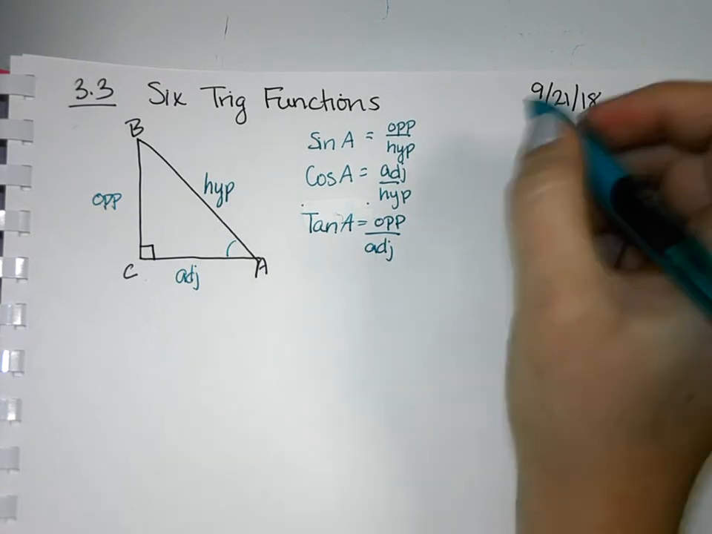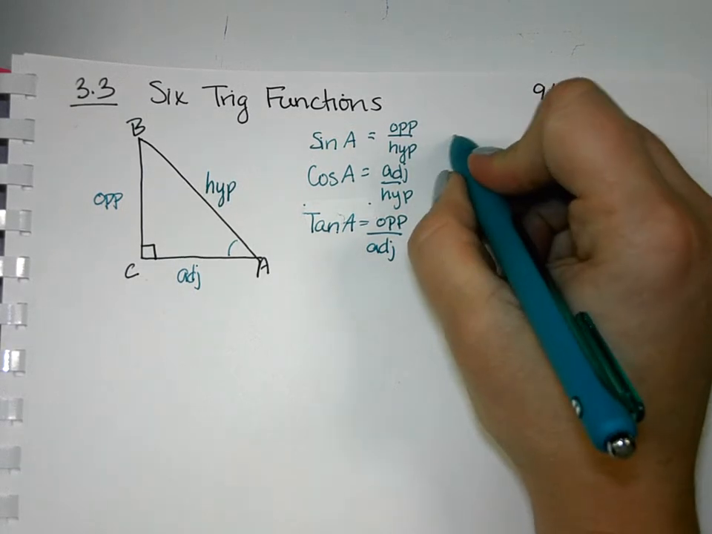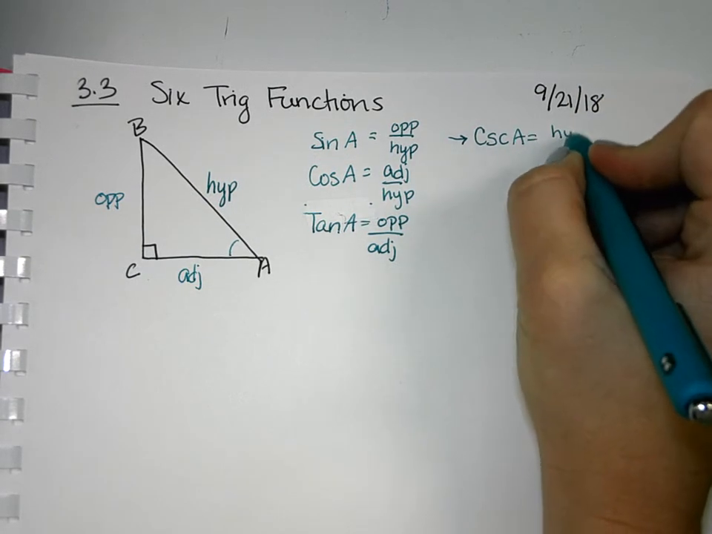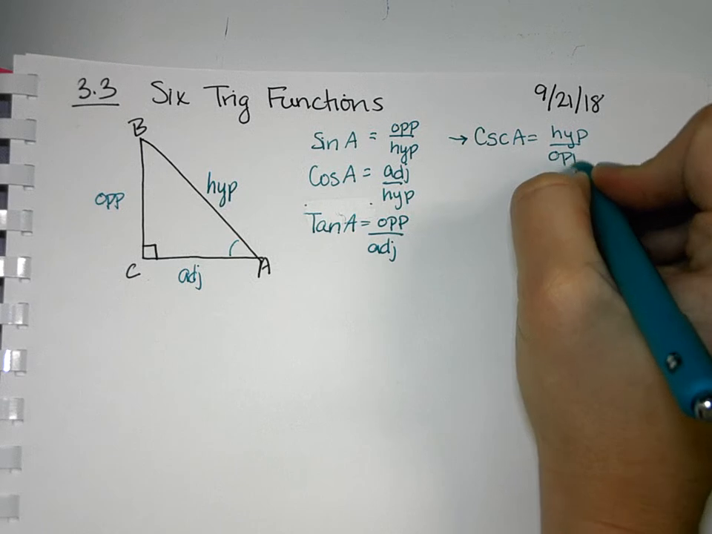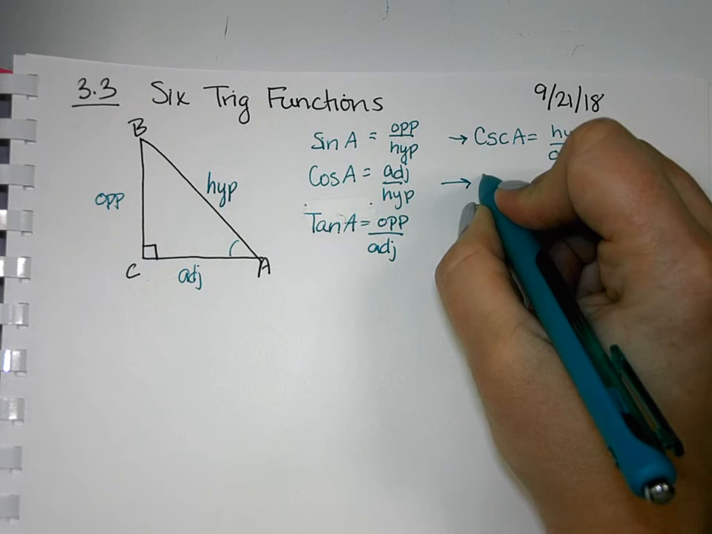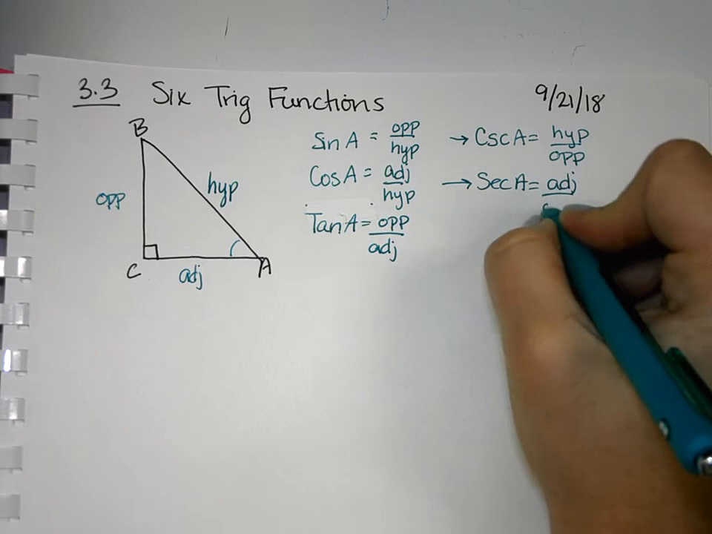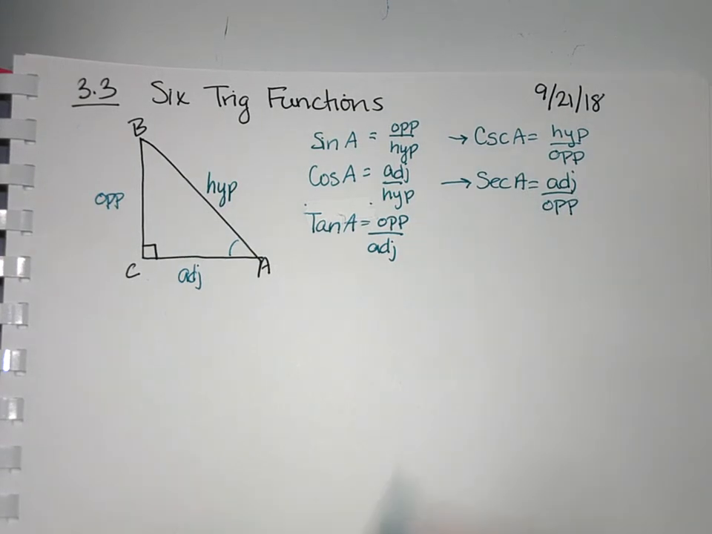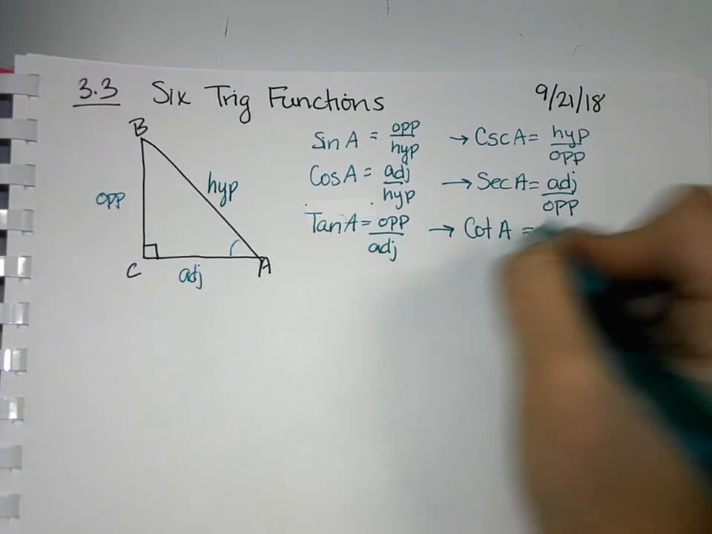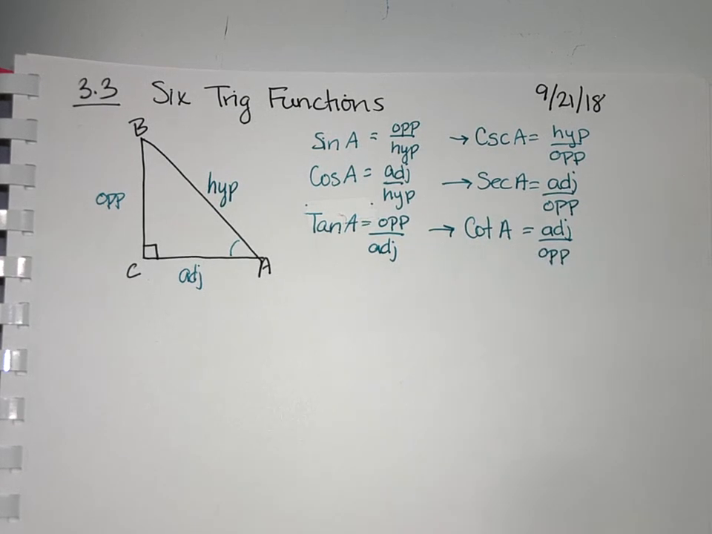And then the other 3 that make it a total of 6 are their inverse functions. So sine has an inverse of cosecant, which is just the reciprocal, hypotenuse over opposite. Cosine has the inverse of secant, which is just hypotenuse over adjacent, so it's just the reciprocal as well. And then lastly, tangent has the inverse of cotangent, which will again just reciprocal the ratio, making our total of